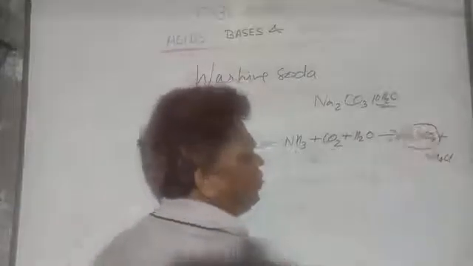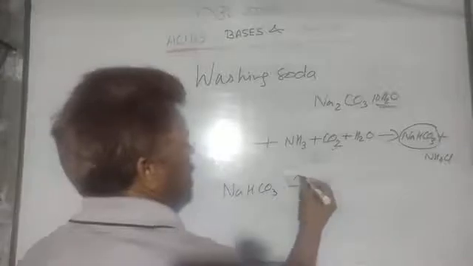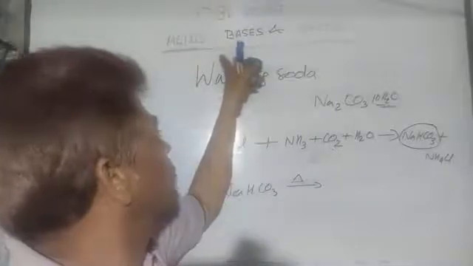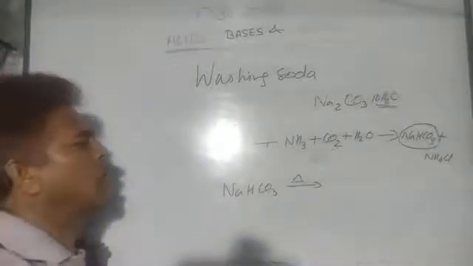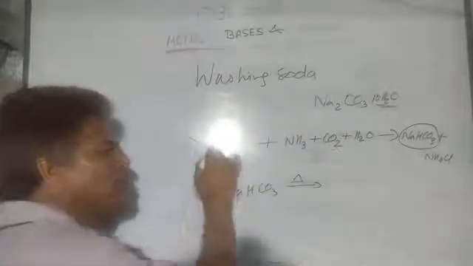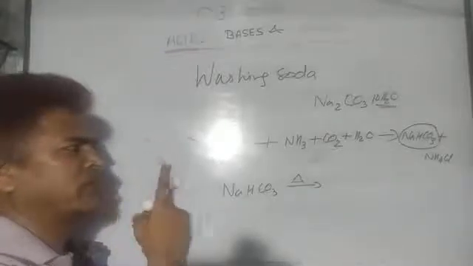Sodium bicarbonate is partially soluble in water, so it is filtered easily and then heated. Here also the next important commercial compound is baking soda, and the formula of baking soda is this one. Suppose the question asks how you can prepare baking soda, you can write this equation that is given in the Solvay process. The first line is also utilized for the preparation of baking soda. So you must remember that equation.